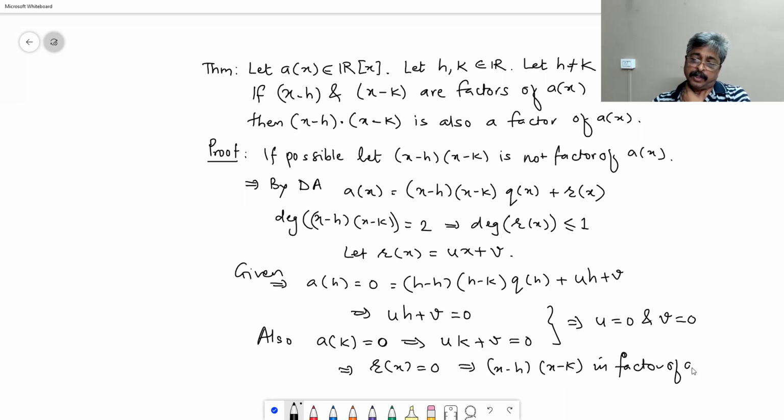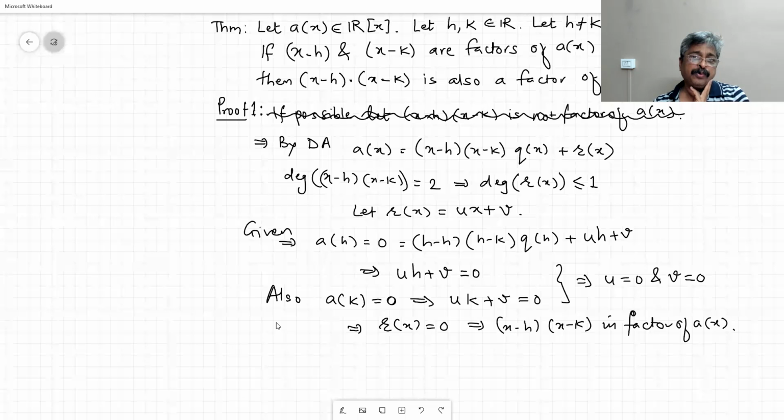Now we have not got any contradiction. Therefore, let us erase the first sentence. We can start our proof from the second sentence by division algorithm. Or we have to say r(x) is not equal to 0 and then get a contradiction to this statement. I mean, it is going to end the same. This is proof 1. I mean, you can do it in two ways. This is proof 1 and proof 2